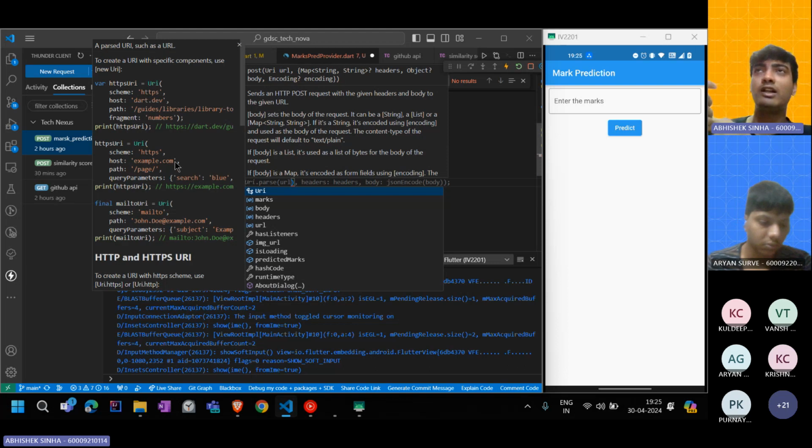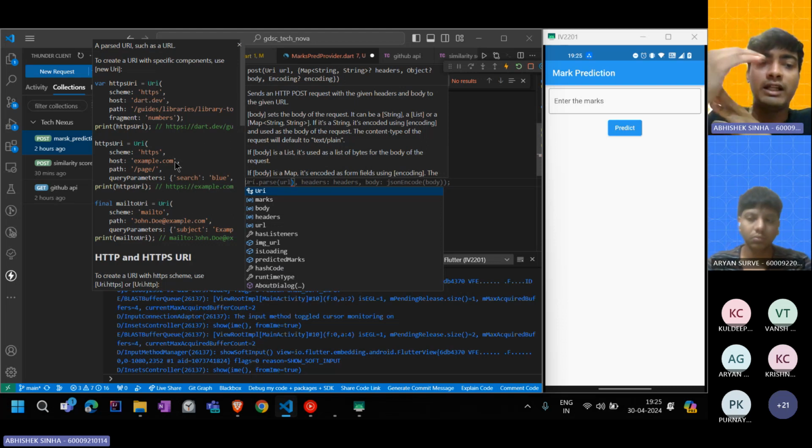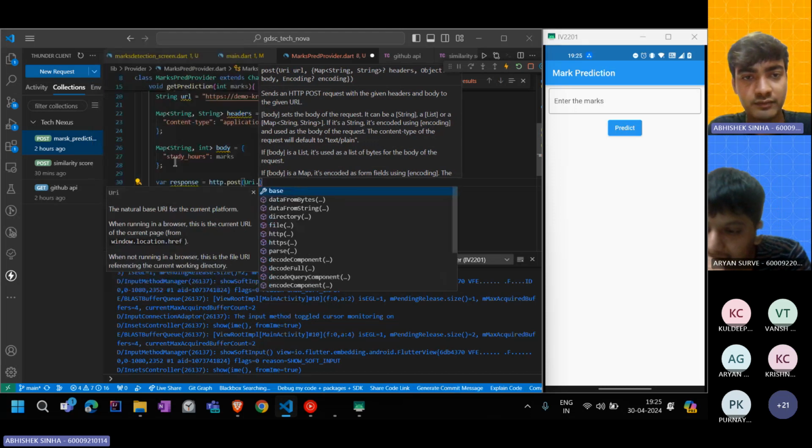URL is like a shorter term of URI. URL is Uniform Resource Locator, and URI is for any kind of resource. URL is only for the network, and URI covers URN and URL. It's like a broader term. You have to pass that,